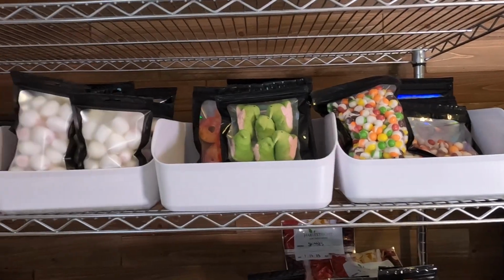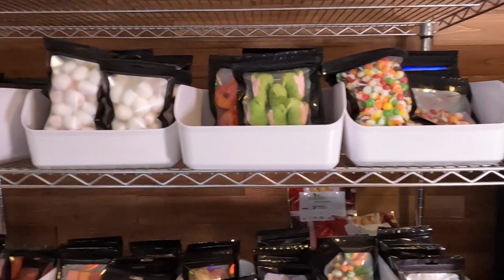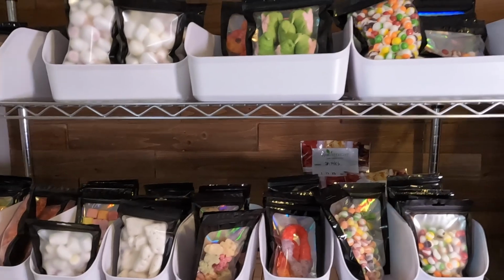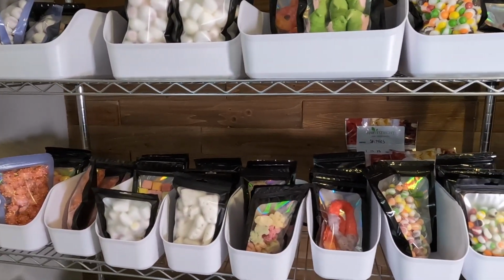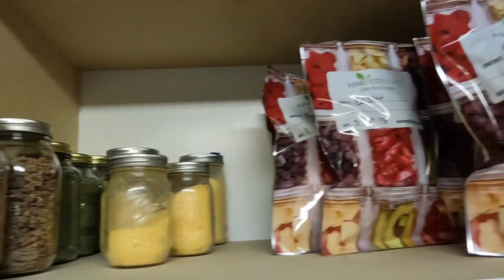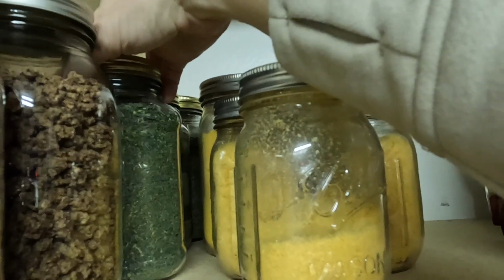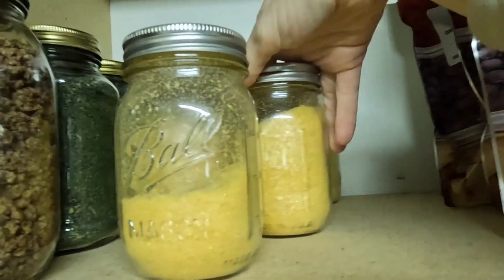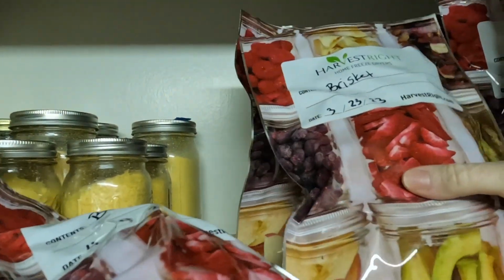And actually, why don't I bring you to my food storage shelf to just show you some of the things that I have there. First, I do have a plethora of candy. This needs to be reorganized, but candy is definitely a hit around here. This is where I store my candy. This here is my shelf of my freeze-dried food storage. I have ground beef here. Back here is kale. These are my eggs. Got broccoli, brisket,